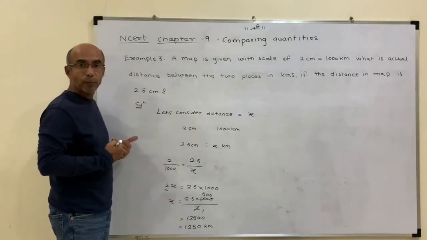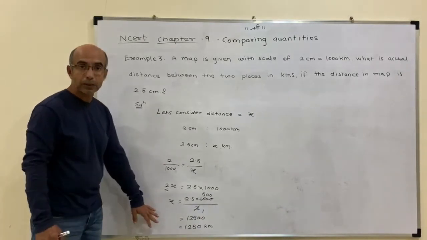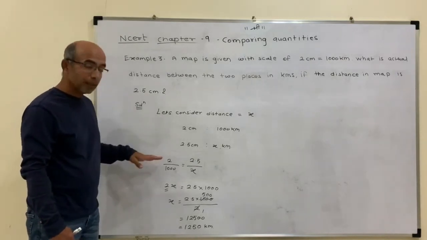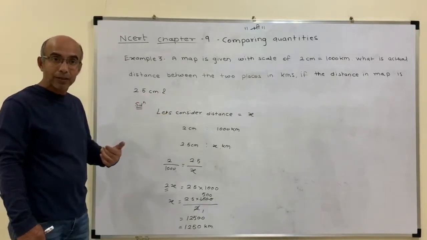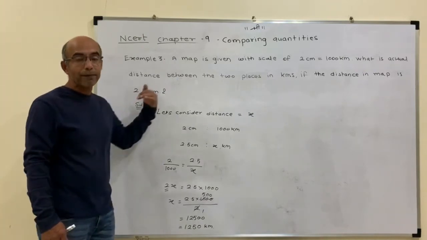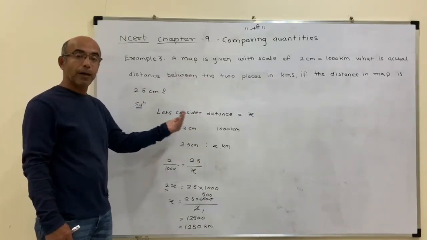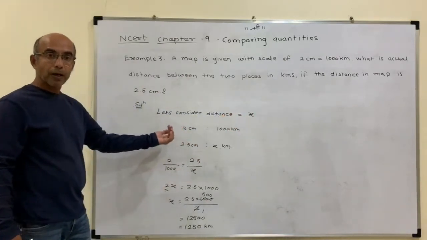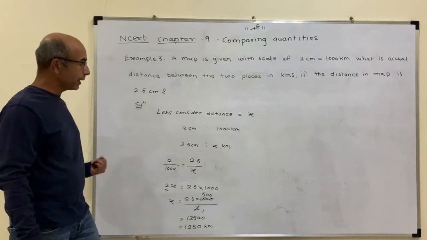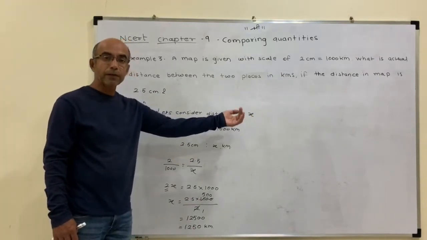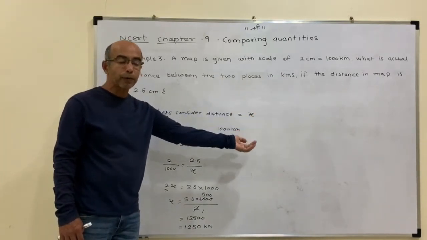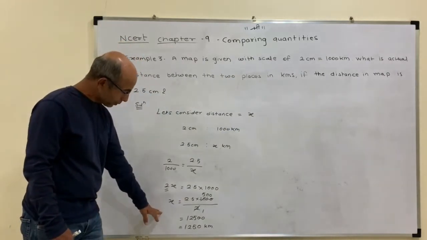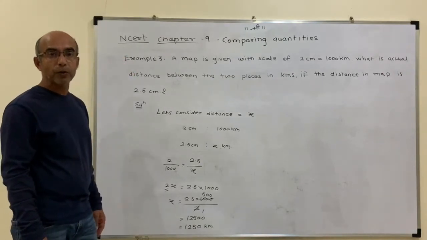Understanding the concept is one point and doing the calculation is another point. So here you need to understand the algebraic equation which we learned. When we transpose from the left hand side to the right hand side, if it's multiplied on the left hand side, it becomes divide on the right hand side. If it's addition on the left hand side, it becomes subtraction on the right hand side. If it's multiplied on the right hand side, when we transpose it to the left hand side, it becomes divide. So my x comes out to be 1250 kilometers.